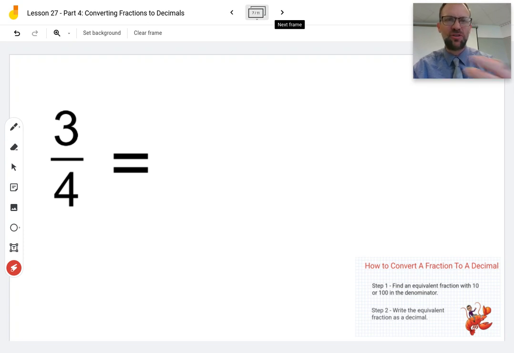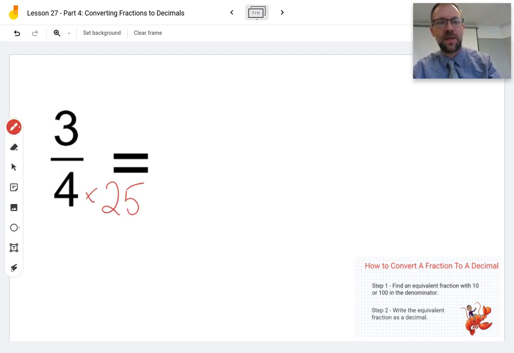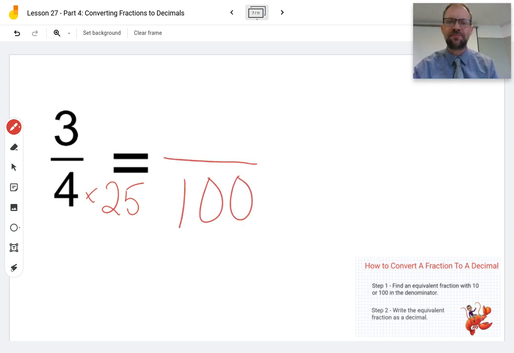And if you don't know this fact, you probably should memorize it. It's very commonly used. 4 times 25 is 100. Think of 4 quarters, right? 25 cents each, make 100 cents in a dollar. So let's multiply 4 times 25. And that is going to give us 100, a base 10 number in our new equivalent fraction in the